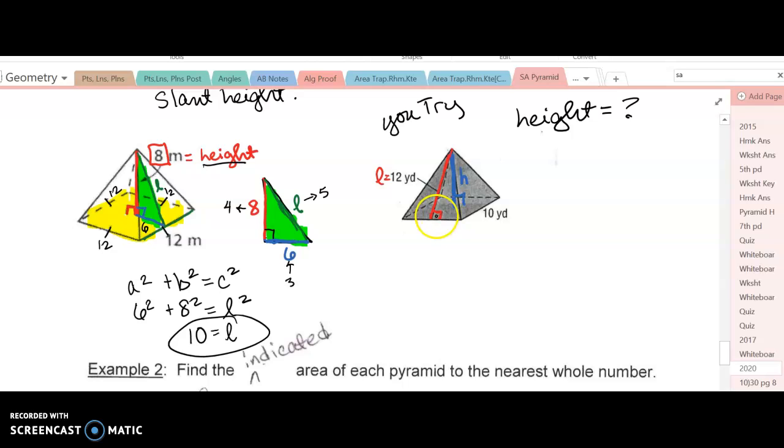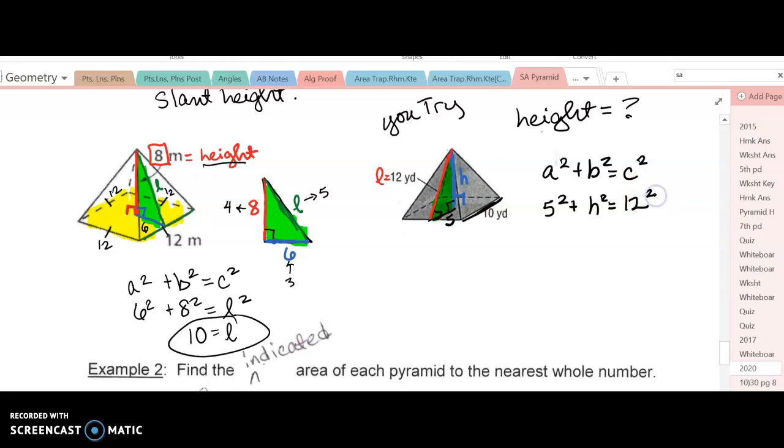Okay, so I hope you just paused this video and I hope your next step was to draw in the segment connecting the height to the slant height. And you conveniently made a right triangle by doing that. We also know that if it's 10 all the way across that square, then halfway across the middle would only be 5. And so we're going to do the Pythagorean theorem again. This time we know our C, our hypotenuse, is 12. So this is 5 squared plus h squared equals